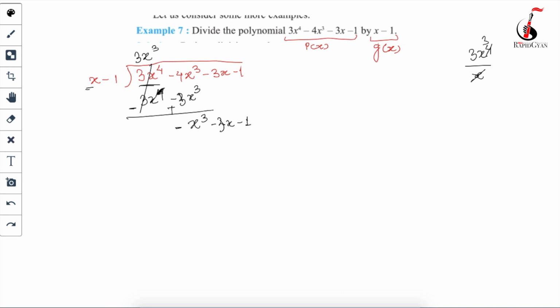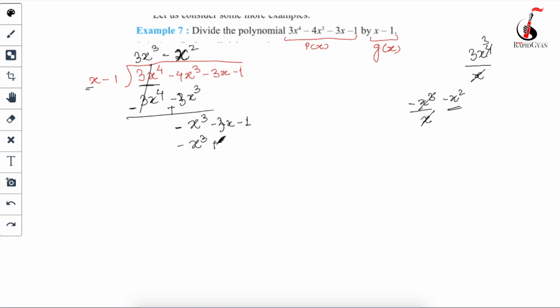Again what you will have to do? You will have to divide minus x cube with x. So if you divide minus x cube with x, what will I get, beta? Minus x square. So this minus x square will become the second term of your quotient. So I will write minus of x square. Now multiply this minus of x square with x minus 1. I will get minus of x cube,